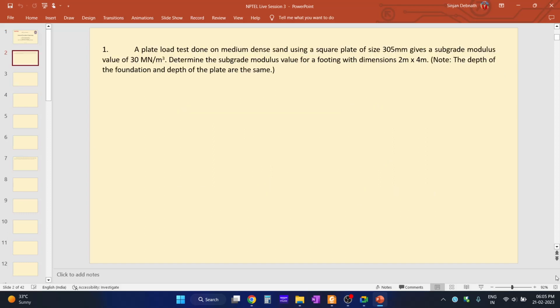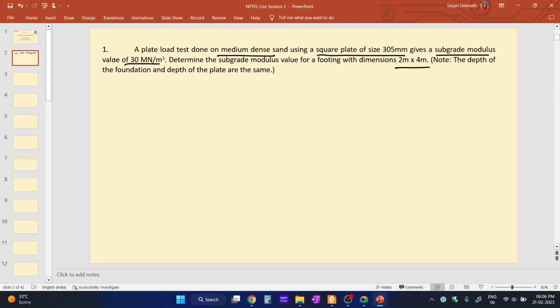So, what is the first question? A plate load test done on medium dense sand using a square plate of size 305 millimeter gives a subgrade modulus of 30 meganewton per meter cube. Determine the subgrade modulus value for a footing with dimension 2 meter by 4 meter. Note that depth of the foundation and depth of the plate are same. So